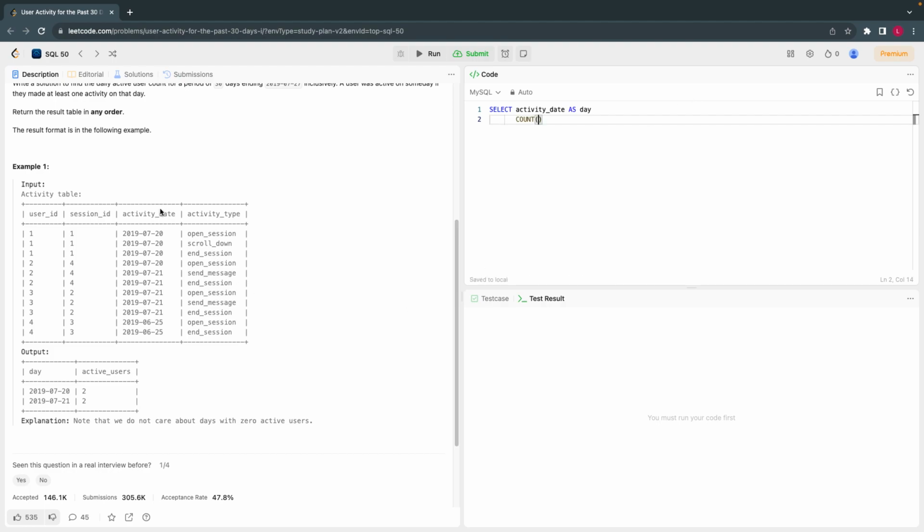I'll have to count how many user IDs are there. If I just do a count, each user has more than one record. User 1 has 3 records, user 2 has 3 records. If I group by user ID, you will get those many records. However, we need a distinct user